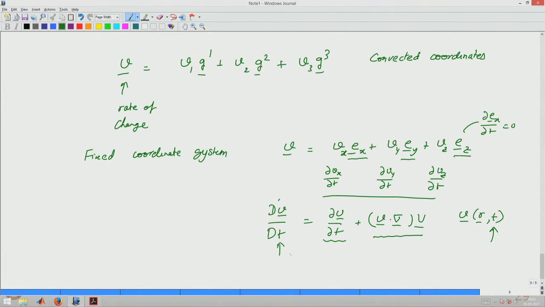So, similarly, now we have the vector expressed in terms of the base vector. So, in this case, when we let us say want to evaluate the derivative of velocity, what we will see is that this derivative of velocity will be related to the derivative of